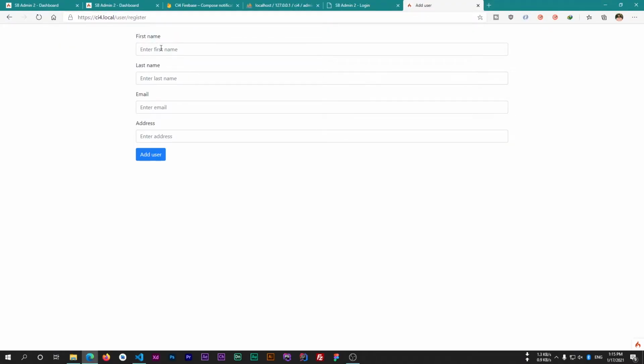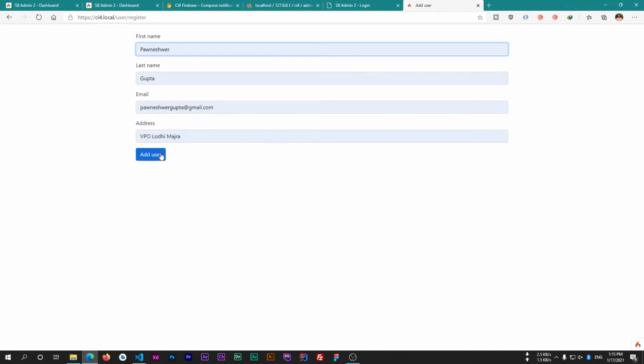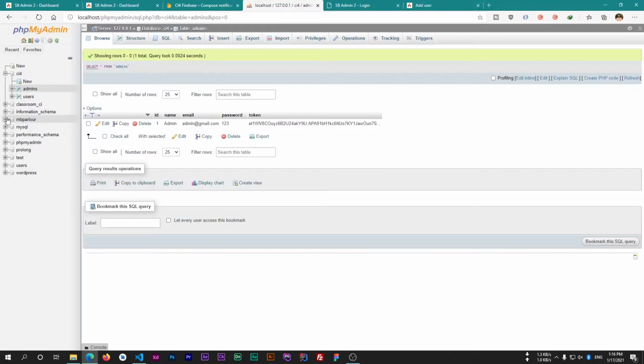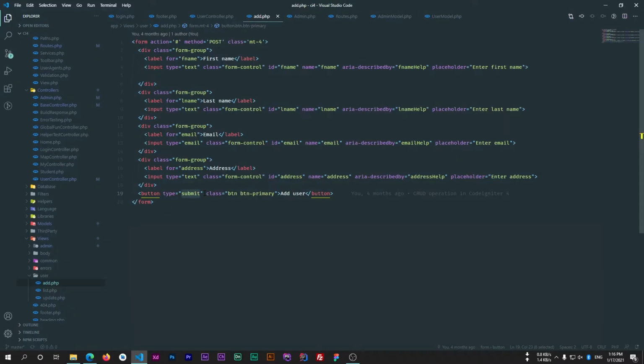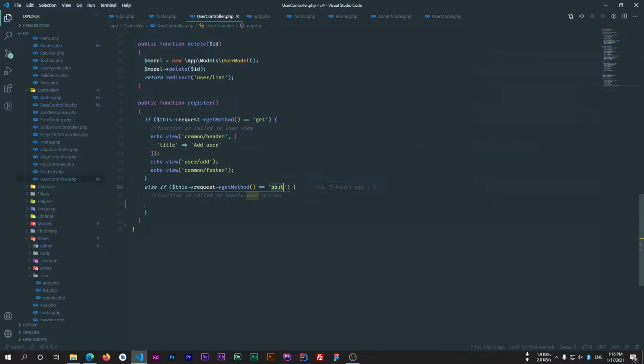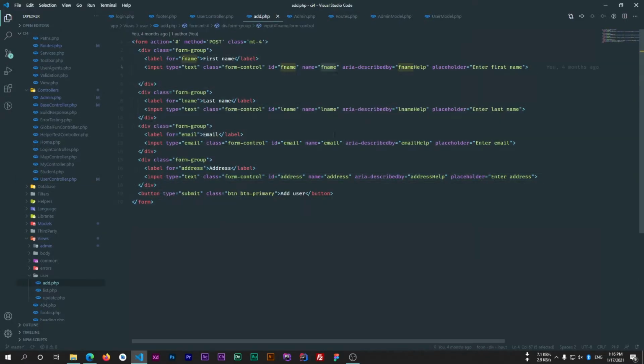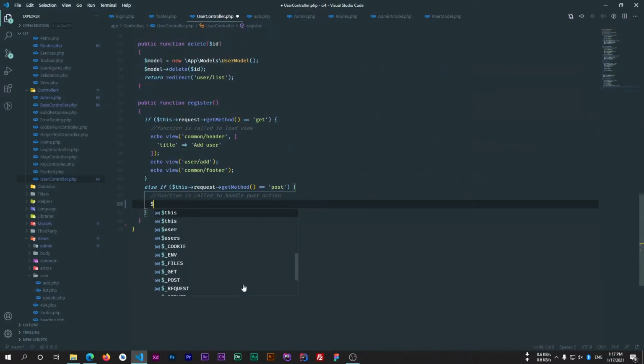Now whenever a user enters their details and clicks on the add user button, we will insert these values inside the users table, and after successful insertion we will send a push notification to our admin. So let's go inside the user controller. Whenever we submit this, we are calling the same function with the POST method, which means it's coming from the form. Here we first fetch all the parameters coming from this form, like fname, lname, email and address. I'll use request, then get, and it will return all the parameters. I'll store this in a new variable named body.